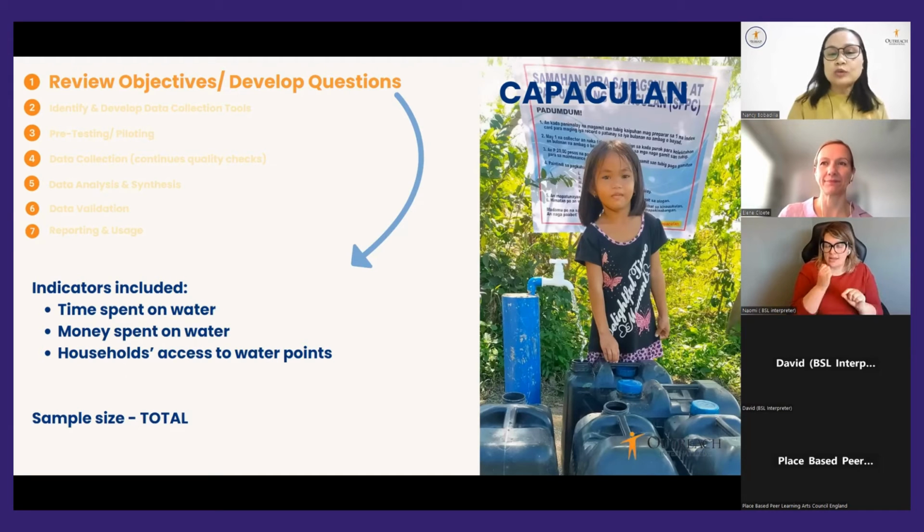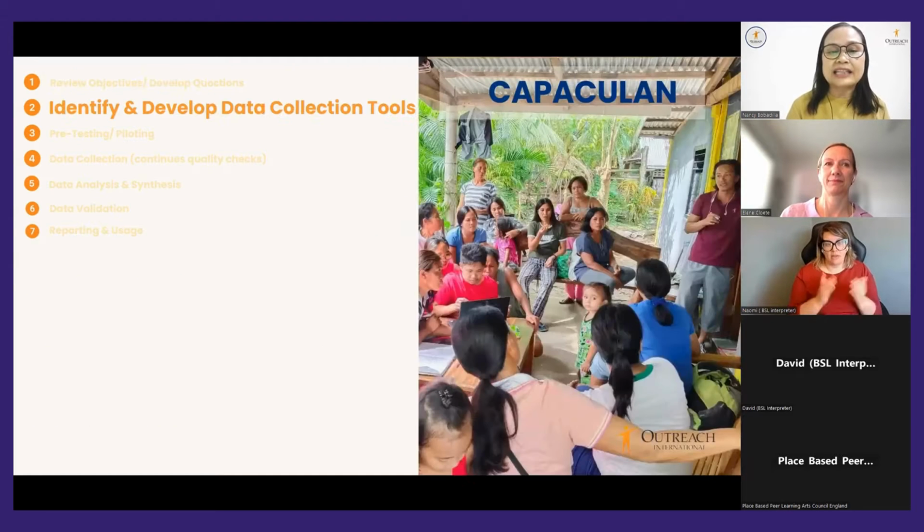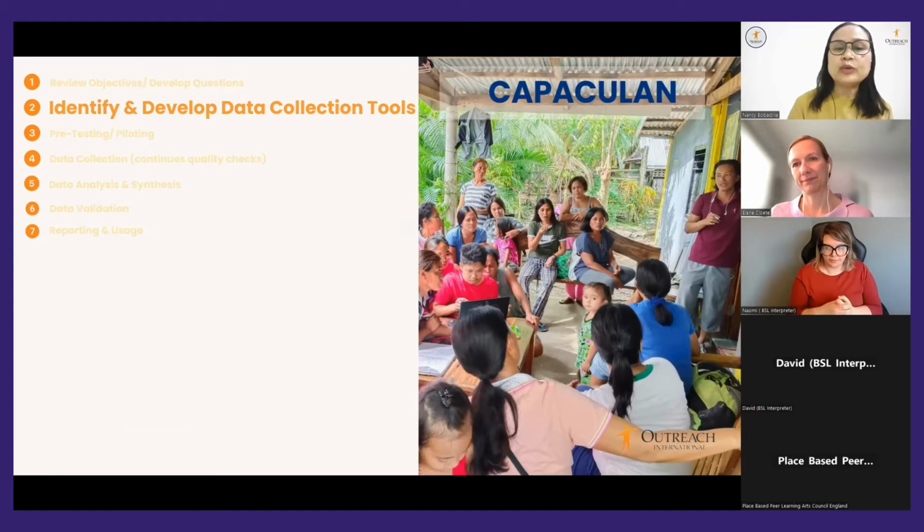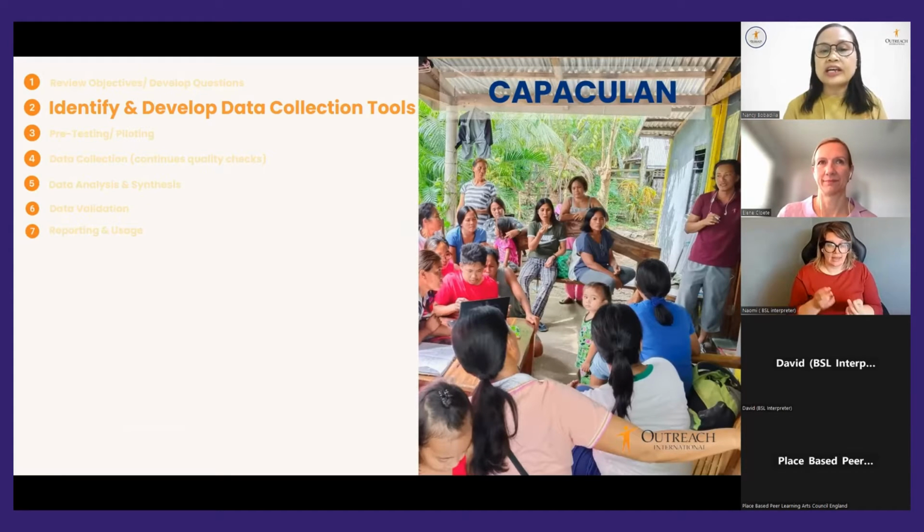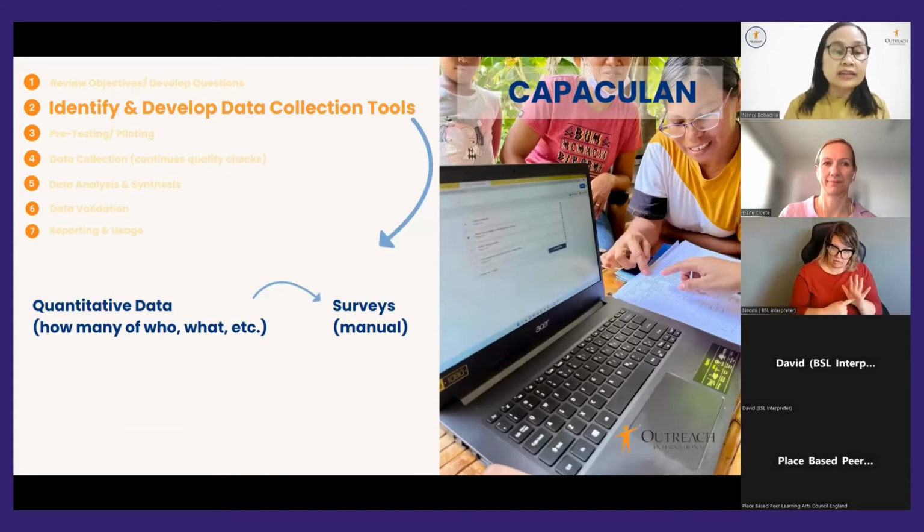So with these questions and indicators formulated, Renan and the group moved onward to the next step, and that is identifying what kind of data they will need and also what method is best suited for this. Their evaluation questions and indicators urged them towards needing quantitative data, and therefore the method is a survey.